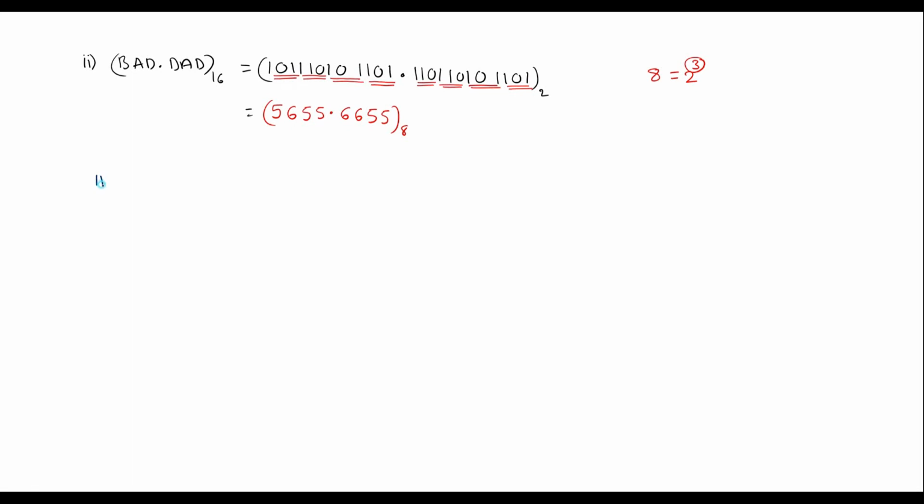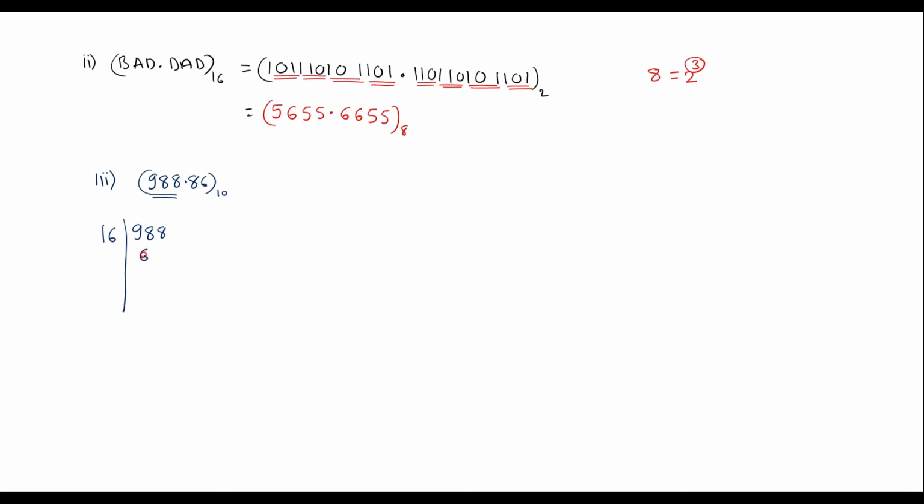So next number is 988.86, which is in decimal. We are supposed to find hexadecimal equivalent of this. So to convert decimal number into hexadecimal, we are supposed to divide the number by 16, that is base of hexadecimal number. So first we'll take the full number, that is complete number, that is 988. Divide this number by 16 repeatedly until further division is not possible.